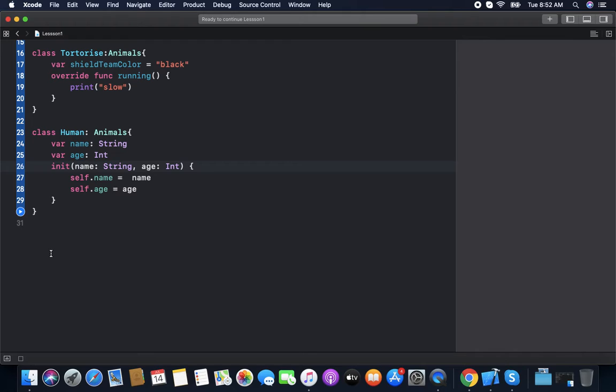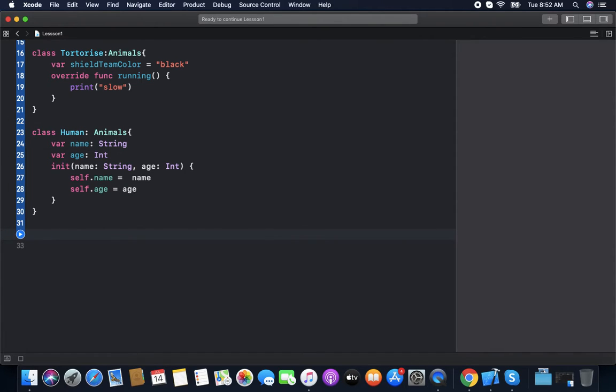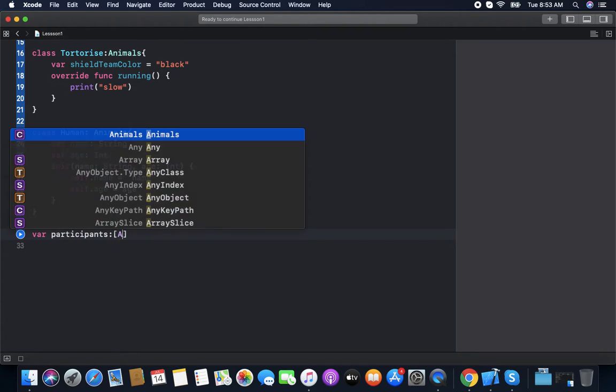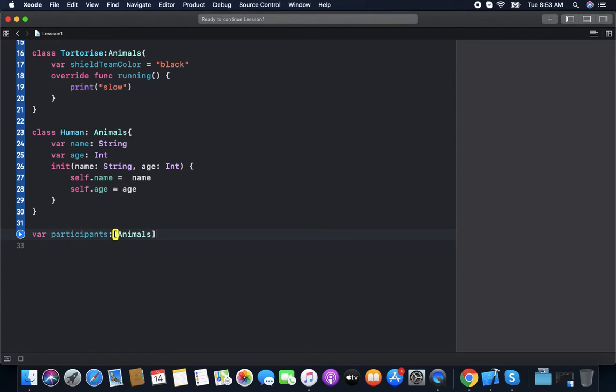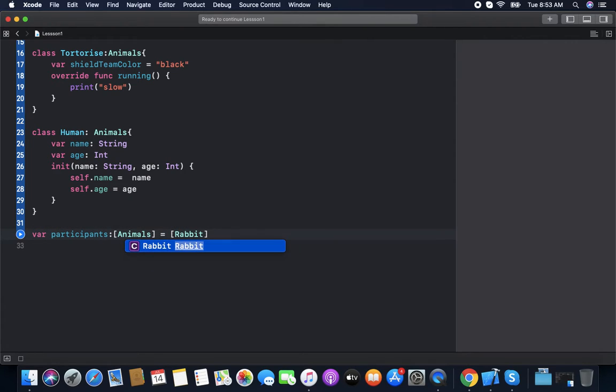Now in a race we have so many participants, so we can create an array of participants. All are animals. Firstly we create a rabbit. It will be a rabbit.